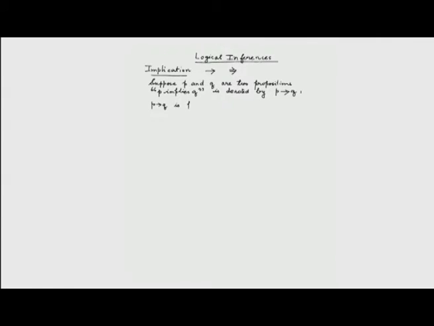What we have seen is that this proposition, namely P implies Q, is false only when P is true, but Q is false. The truth table of P implies Q is written as